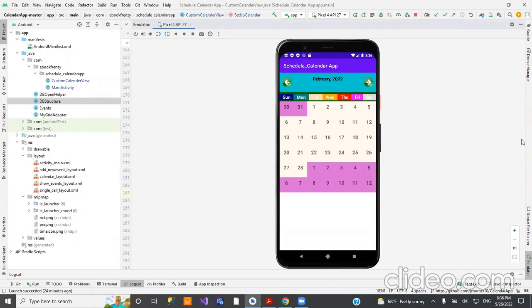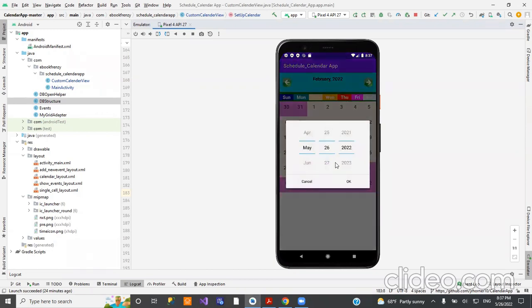This is our calendar project. This is our UI design, which consists of different layers and different views. It starts with the current date. This is our current date. And the first thing the user is going to do is just click on that current date, and